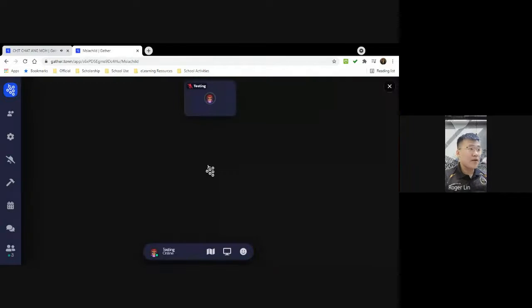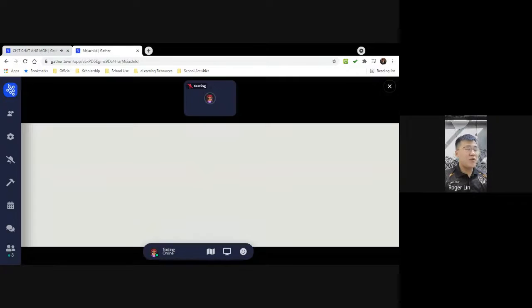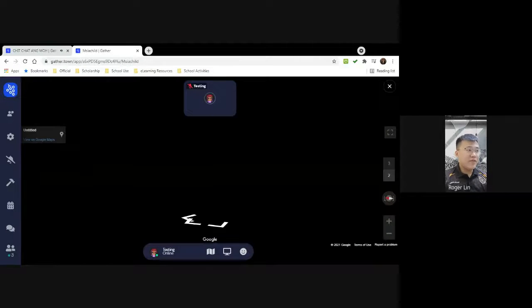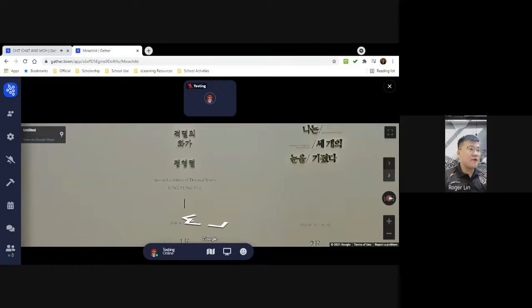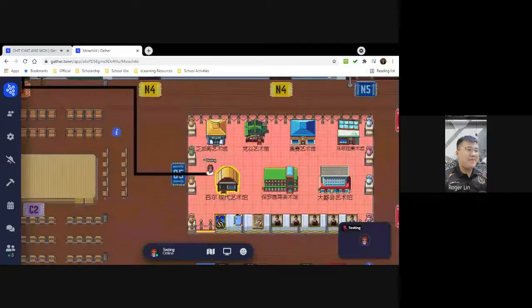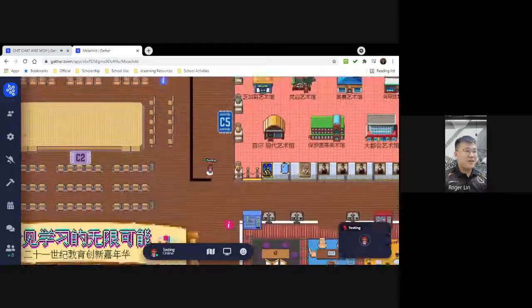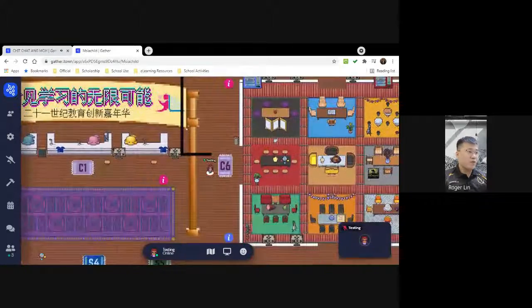Oh, okay. You can click X to interact with objects. And it can be pictures or a video, even a PDF file and everything. This is like a map, a Google map. Okay, and if you enter the gaming room, a lot of